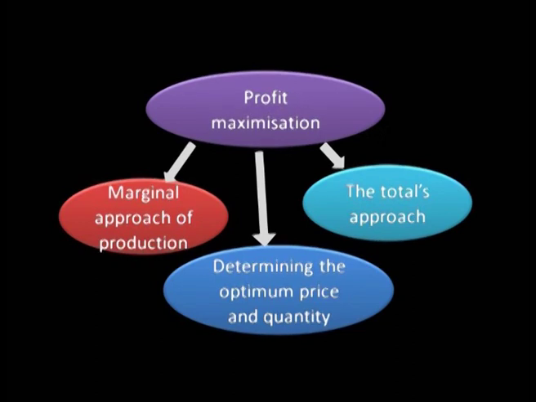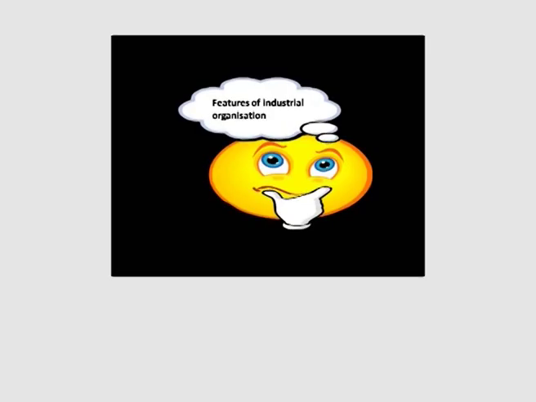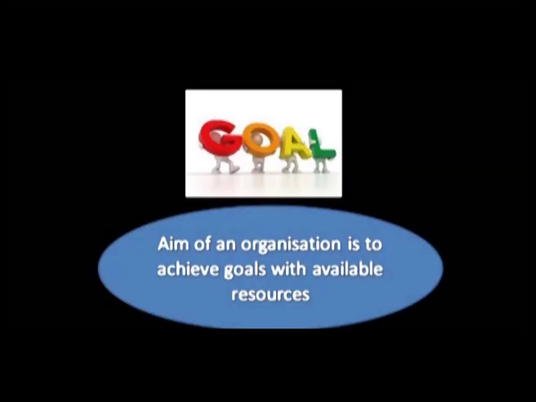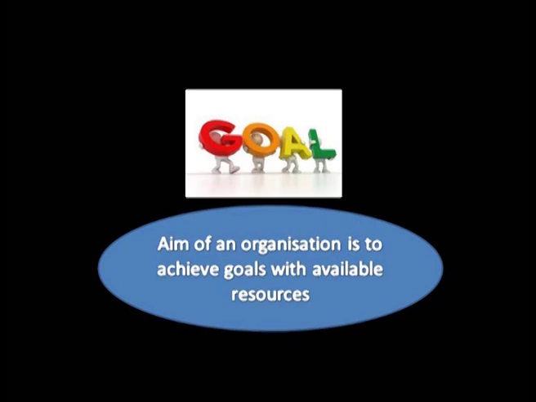Production process. So far, we have seen what the features of industrial organizations are. Now, we are going to learn about the management cycle, which is essential in any production process. The management cycle involves 5 key steps, which are estimating, planning, scheduling, execution, and evaluation. The main aim of any organization is to achieve any given goal with the available resources, thus bringing about maximum